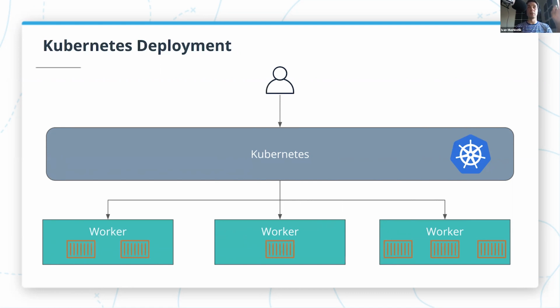So a thing to keep in mind here is that we don't specify how to deploy them on each machine. We don't specify what changes to perform. All we do, we specify the end state that we want to achieve, and Kubernetes will decide how to transition from current state to the end state.